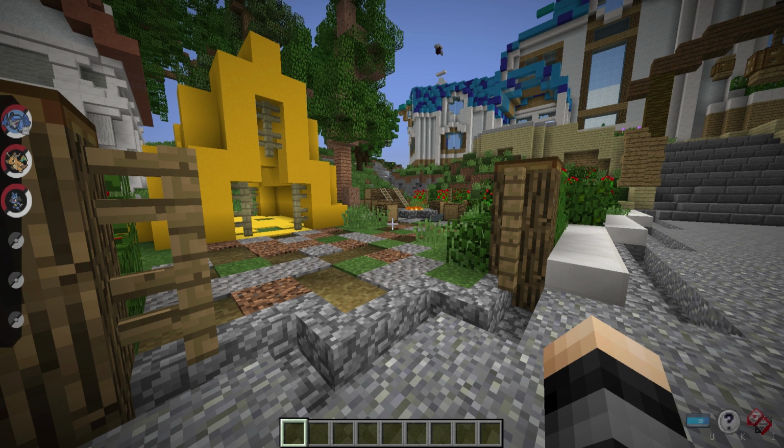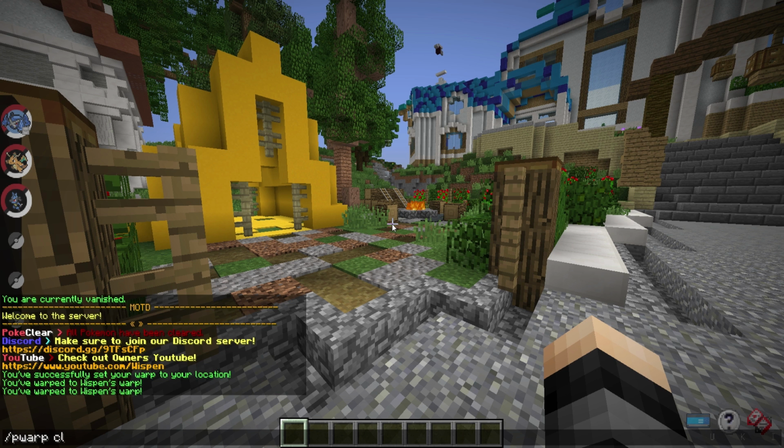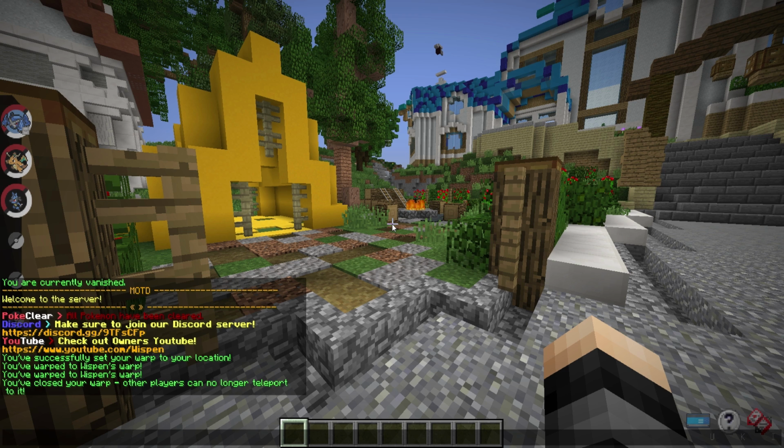Now, there are a few other really useful commands. There is /pwarp close, and that will close your warp to the public. That means that you will be the only person that can access your warp. So if you have maybe a shop or a casino or some sort of an event that is only running part of the time, you can close it and then reopen it later on without having to delete and reset your warp. I feel like this is a super useful command,